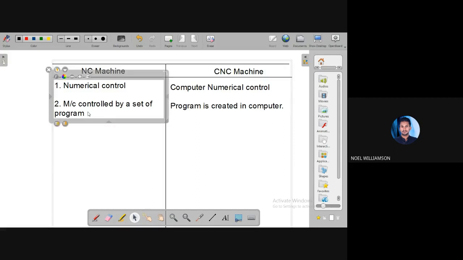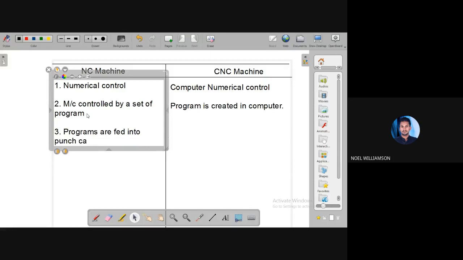Now, in the NC machine, we are using the punch cards, right? Whatever program we are creating is transferred into a punch card. So the programs are fed into punch card.